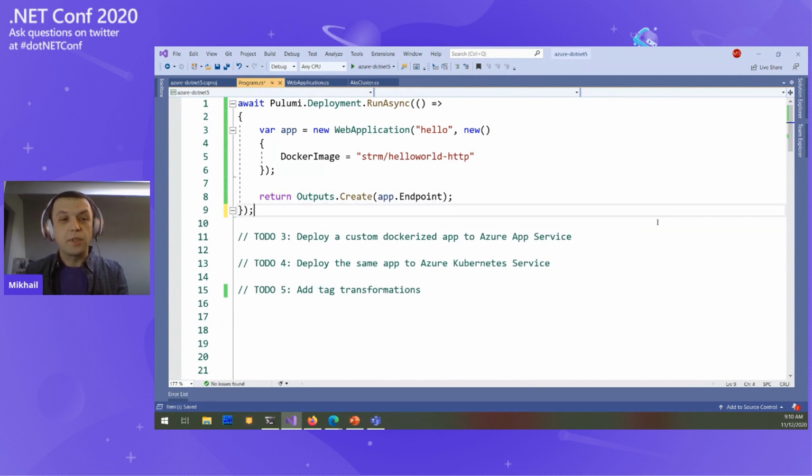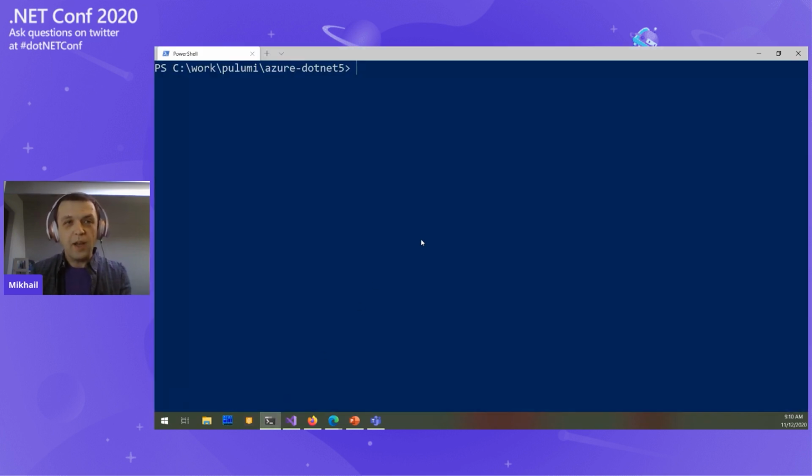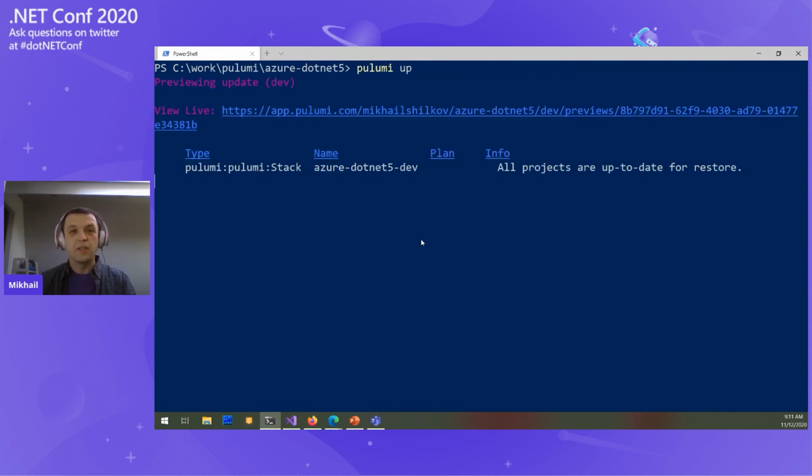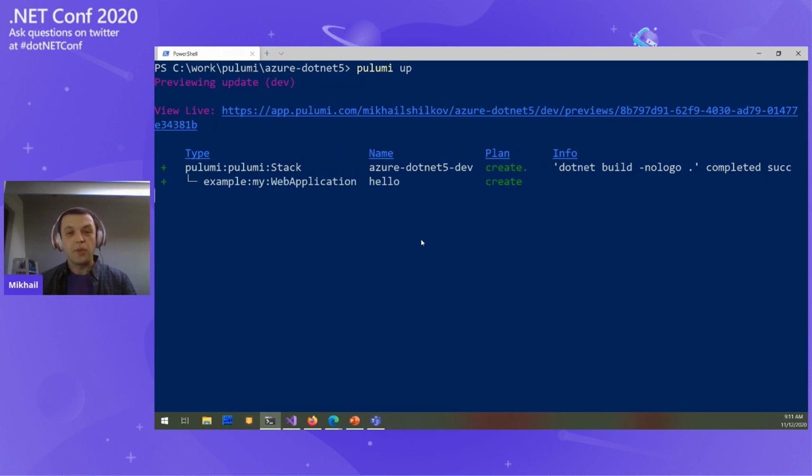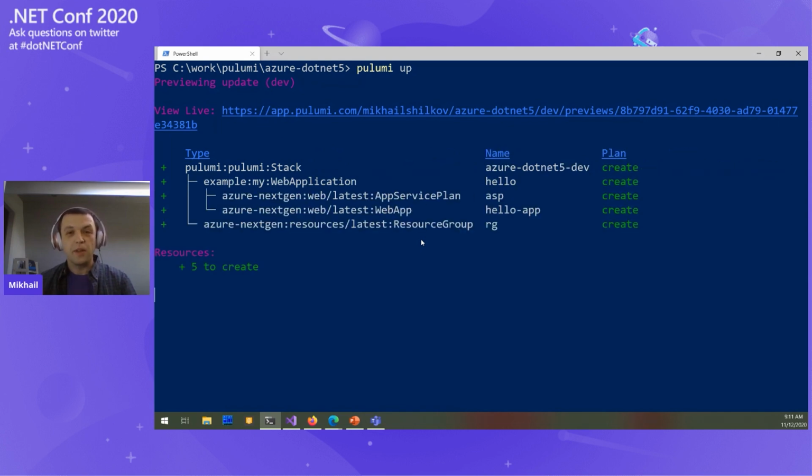And to execute this program, I need to jump to some sort of CLI. I have PowerShell open, but it can be any bash or whatever. And then I'm typing a command, Pulumi app, and I'm in the same folder where my C# project is. So what this command does first, it would compile my project. It will then start my project, and it will show me the preview of what is about to happen in Azure